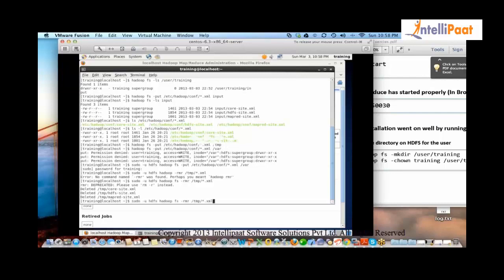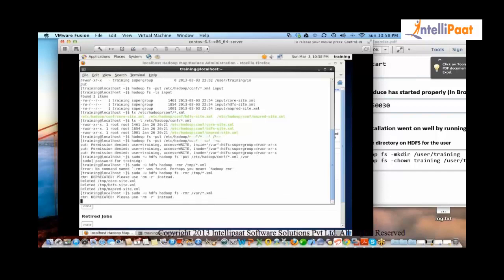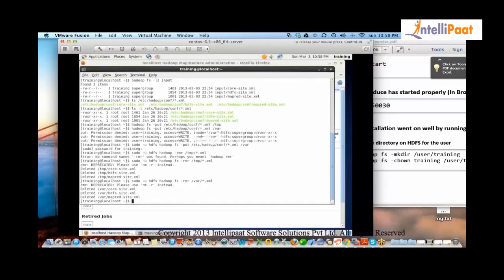Now if I want to clean up the other directory, because I created those just to show you guys, it says rmr actually. But if you do rmr, it doesn't work. So I'm still finding the right command.